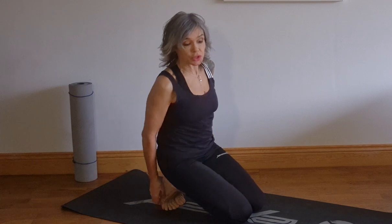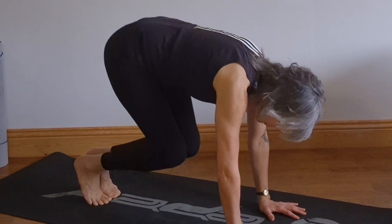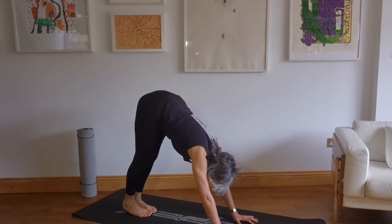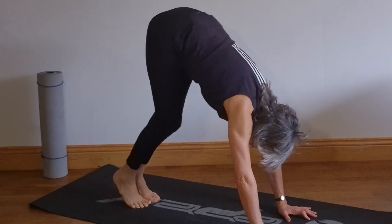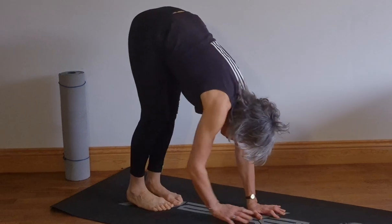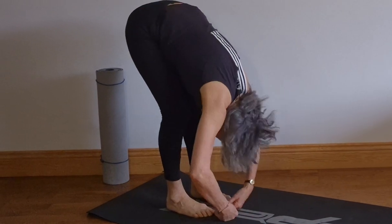Come and sit back on those toes. Tuck those toes under. Bring the hands down again, and then keeping the toes tucked under, lift the heels nice and high, and then bring the heels down. Bend one knee, bend the other knee. So it's like a mini downward facing dog. And then walk the hands back to the feet and give that head a nice shake, give the arms a